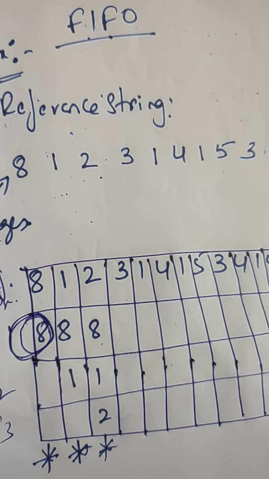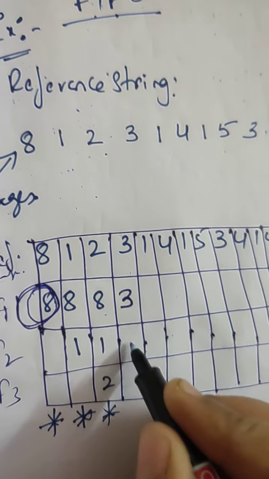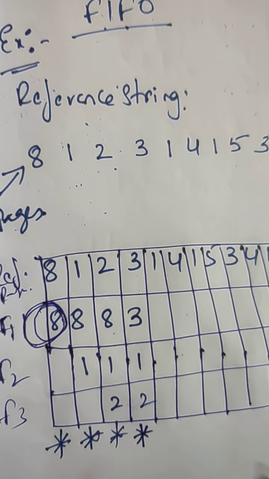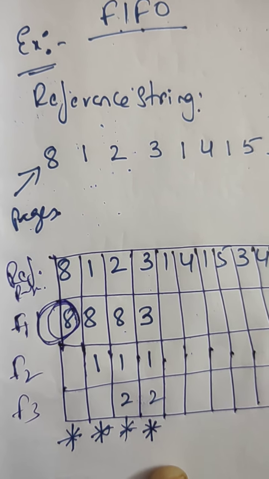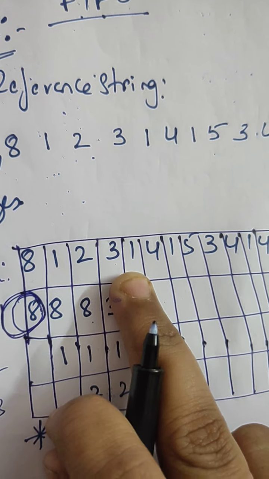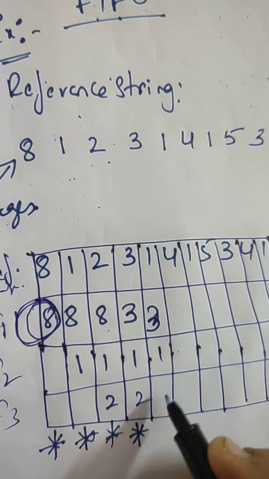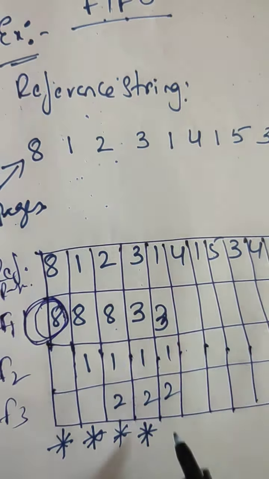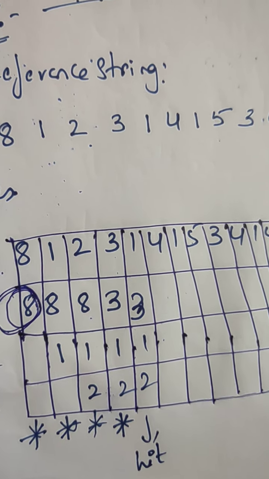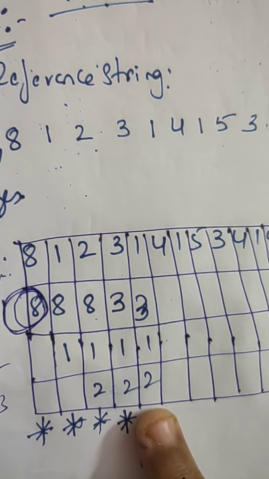Okay, so in 8th place, we are going to store the third page: 3 1 2. So 3 does not exist, that's why we have to put the symbol. Next, observe the next page is 1, and 1 already exists, so write down the same thing. If the page exists, we say it is a hit, meaning we leave some empty space to indicate a page hit.